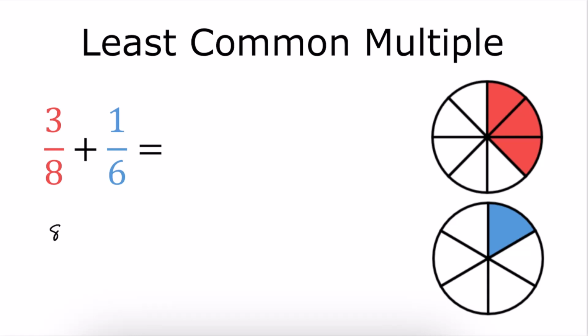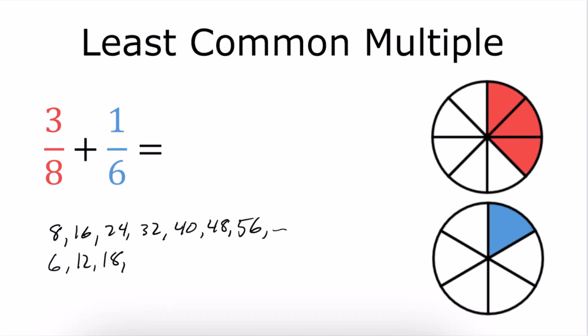So if I were to list out the multiples of 8, I'd have 8, 16, 24, 32, 40, 48, 56, and so on. And if I list out the multiples of 6, I'd have 6, 12, 18, 24, 30, 36, 42, 48, 54, etc. And notice that 48 is a common multiple of them, which makes sense because 8 times 6, if you make